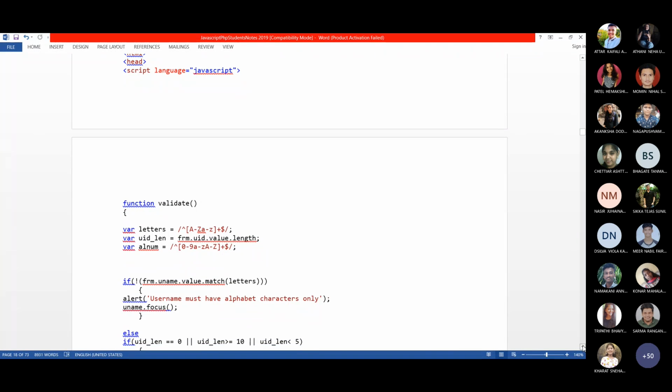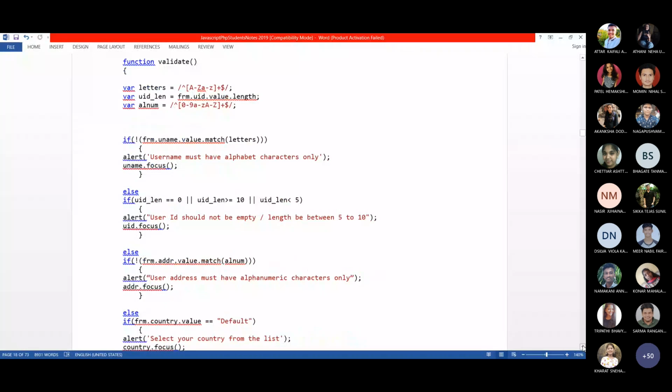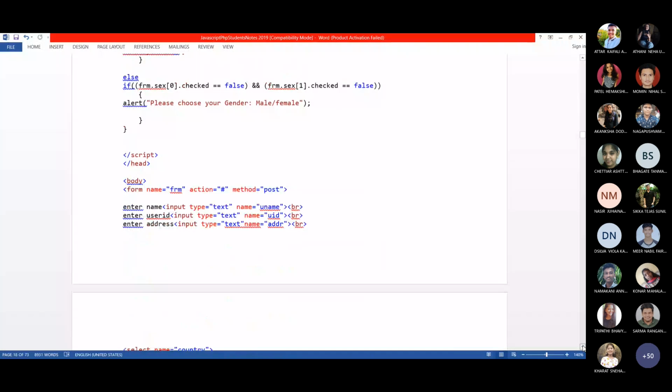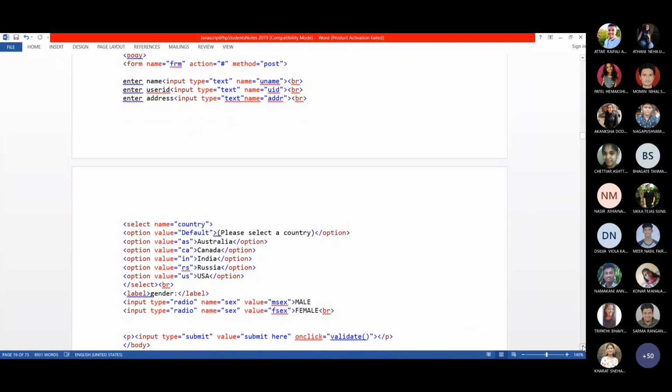Look here, the function call is the actual executable statement which will trigger the execution of the function definition. That function, the validate function, I have called here. So this function call I have written within the body tag only.